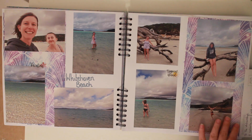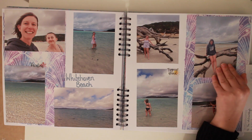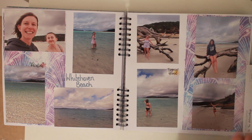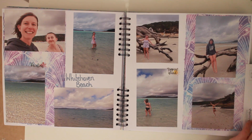We found this famous tree that normally, when the tide is in, is half underwater, but because the tide was so far out, we got to climb over it, which was cool. Then we got to just have a little paddle in the water,